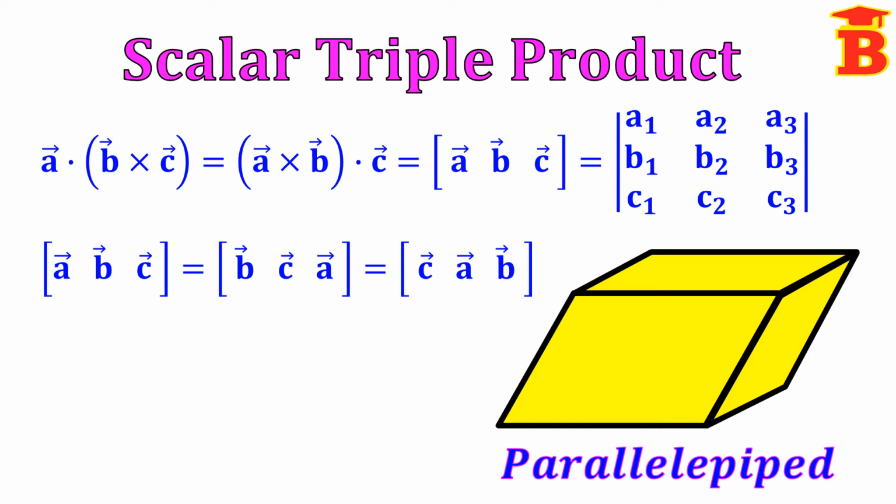Now we have the result. This box of ABC can be taken as box of BCA and also box of CAB. This is nothing but the cyclic order, that is 1 2 3 equal to 2 3 1 equal to 3 1 2. And next important condition is coplanar implies box product equal to 0. So the meaning of this is that if the volume of this parallelepiped is 0, then the vectors are coplanar.